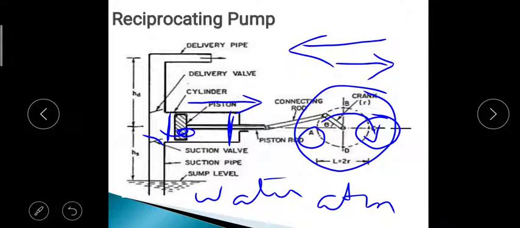When this gets opened up, whatever water is there at atmospheric pressure will enter the suction pipe and fill this area. Till then the delivery valve is closed. The delivery valve will always be closed during the